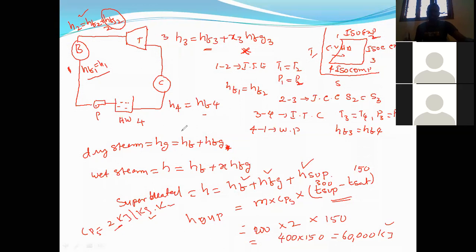Already we have seen the formula of Q. What is Q? Heat. Q equals m Cp dT. Heat added is equal to m Cp dT, where m is the mass of fluid, Cp is the specific heat of fluid, and dT is the temperature difference we brought. In a similar way we are calculating m Cp dT. Here m is 200. What is Cp? Specific heat of steam. Why are we taking the specific heat of steam? Because we are heating steam only. Okay, did you get it, guys?